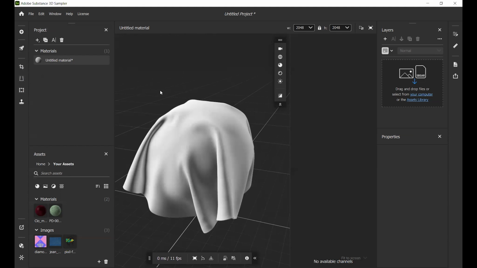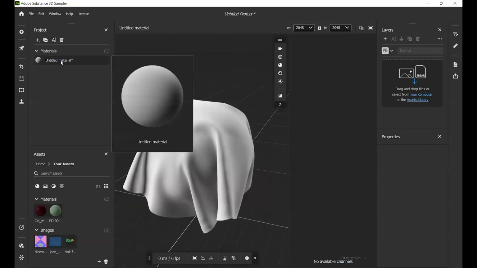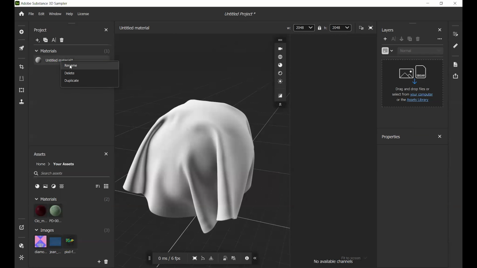Now we have a new material. We can add more, duplicate, rename, or delete. The same way, you can right click and rename. Here also you can access the same options.